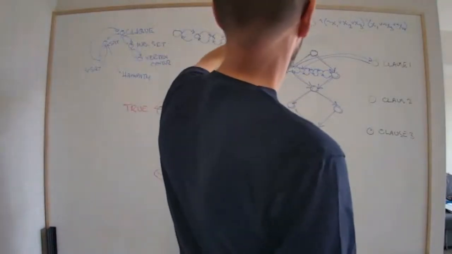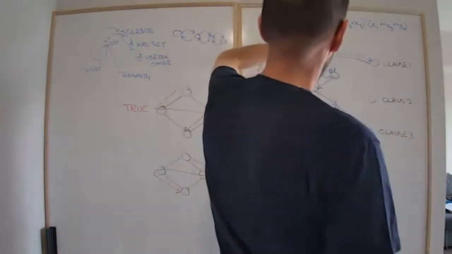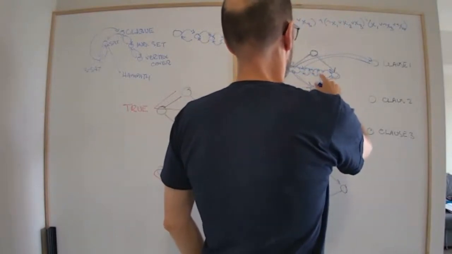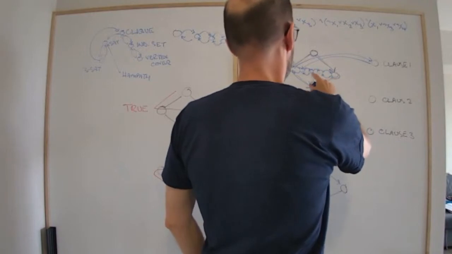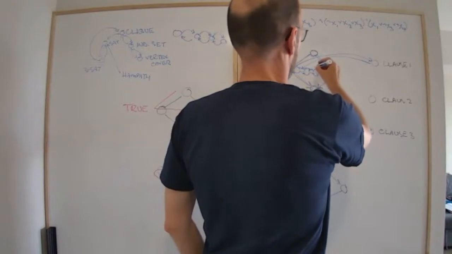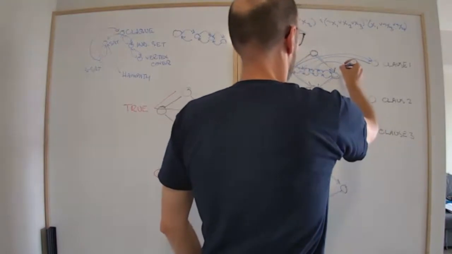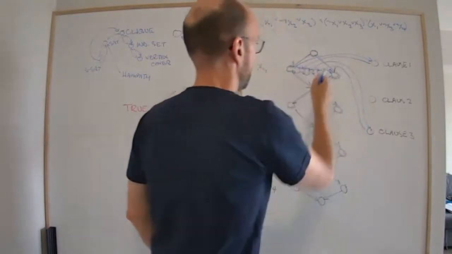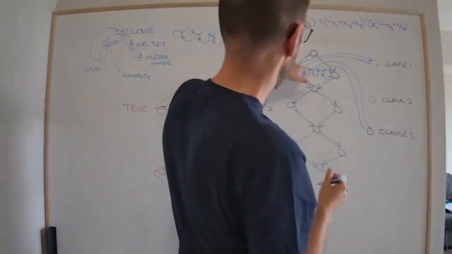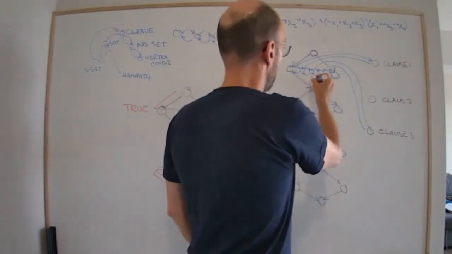So x1 does not satisfy clause 2. Not x1 does, but actually maybe I only needed a couple of these things, 2 of these. But x1 does satisfy clause 3, so I go from x1 to clause 3 and then back. Actually, I don't need 3 vertices, I only need 2. Now, not x1 satisfies clause 2. So here,